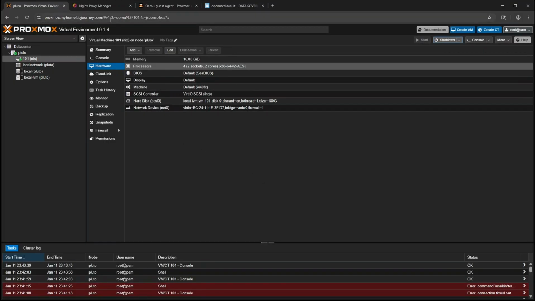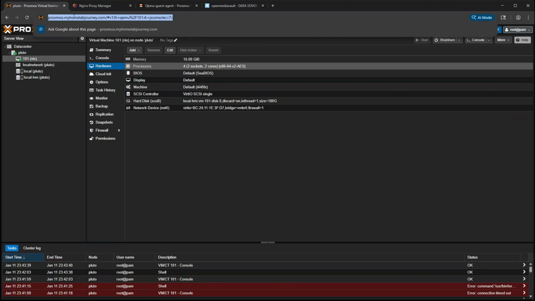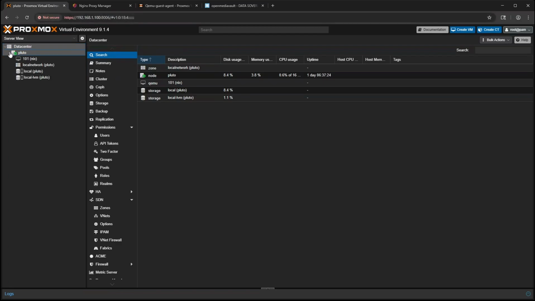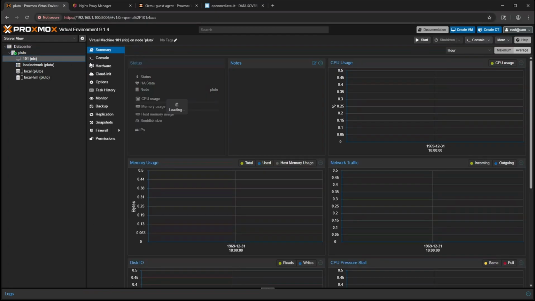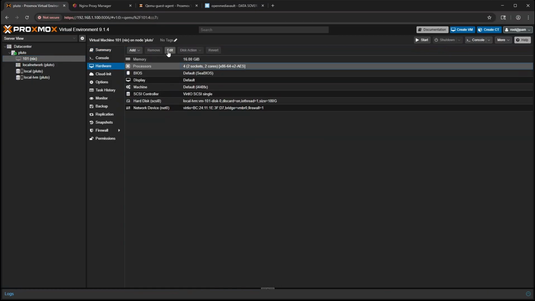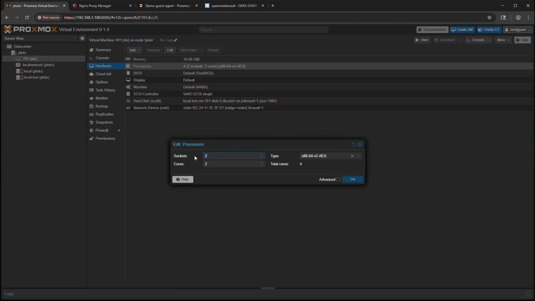And because I shut it down, I will not be able to use this domain name, as NGINX Proxy Manager will not be working. So I will use Proxmox's IP address for it, right? The machine is shut down, and I will go into hardware, edit 1, and then I will actually give it